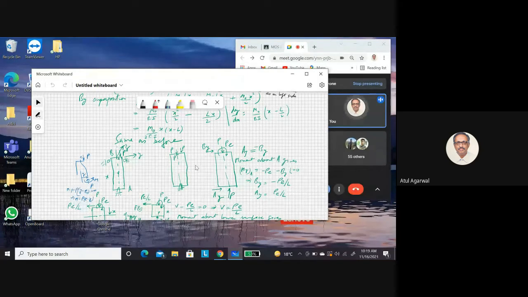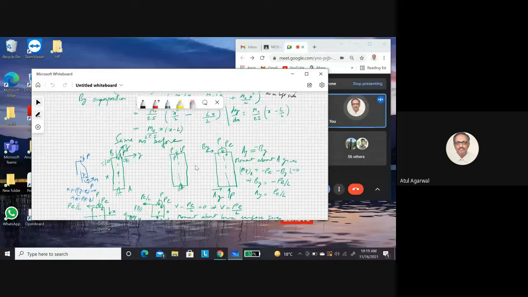Now in buckling, what was the problem with steel? Steel was a good material, so you could design bridges with smaller cross sections. If you want to design a concrete column, you need a large cross section to gain the same strength. To support the same load, you need a large cross section, while steel has very high tensile strength.